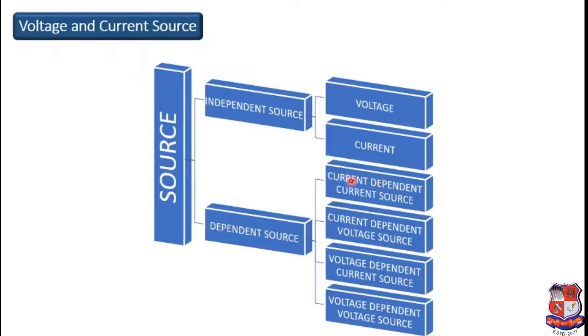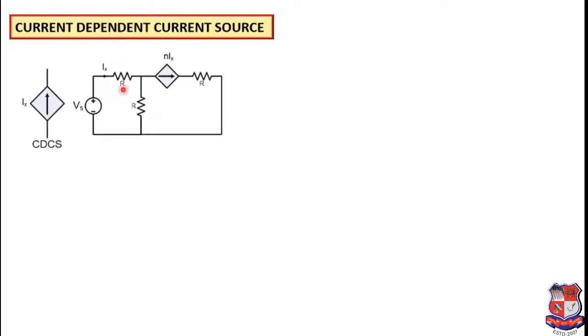So the first two terms are current dependent or voltage dependent. It defines that the source is dependent on either a current quantity or a voltage quantity. So let us see this in brief. First we will talk about the current dependent current source. It is called CDCS, the short form of current dependent current source, and it is shown by this symbol, an arrow sign with the